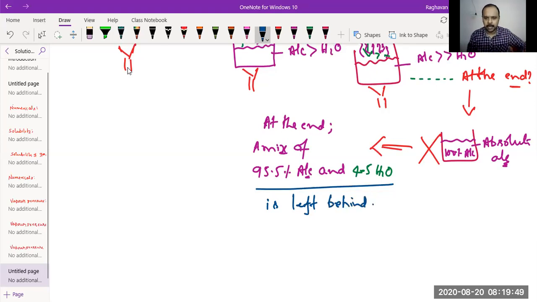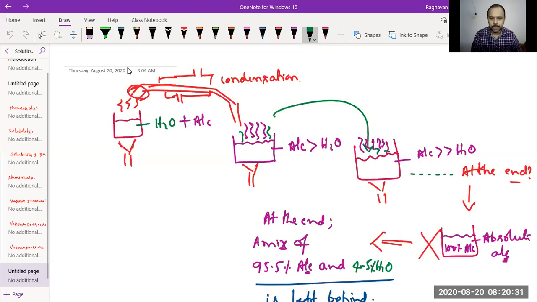Then you may ask me, again, do it, sir, 1 or 2 times, 3 times. So that 4.5% also would be lost. Okay, so it is not so. You do 100 times the same process. Take the 95.5% alcohol and 4.5% water combination in that proportion, and repeat the distillation 100 times or more than that. Again, the distillate that you get after condensation would have the same proportion of alcohol and water. So this mixture becomes inseparable. Water can't be separated from the alcohol by that proportion.